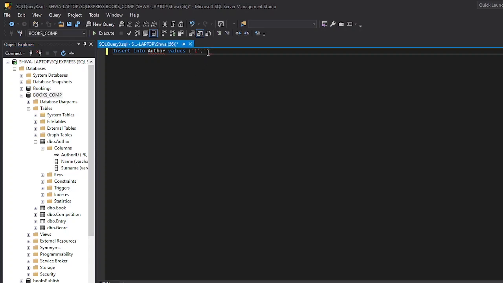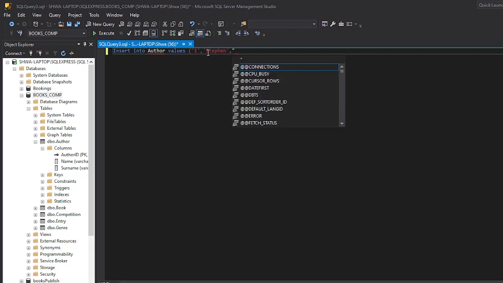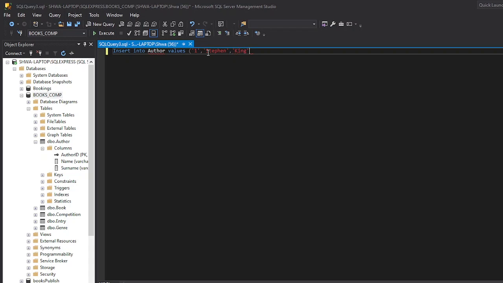So we're going to say Stephen, and then our next one, single quotes, King, and then yeah. This is a long way because they wanted us to do it for 5 records of 5 different authors. So basically, they'd want us to do this